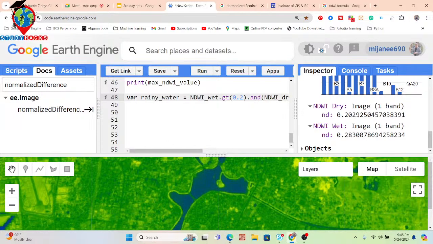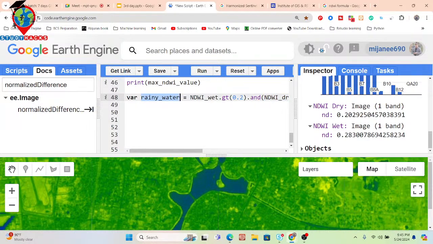This is very important. Suppose this technique is also used for flood mapping, flood water detection or flood inundation mapping. So first of all, you simply check your permanent water body. Suppose this time you can get this type of permanent water body, we find 0.2. So now I consider all rainy season water pixels greater than 0.2, as well as, from the dry season, less than 0.2, then it is considered rainy season water or rainy water.